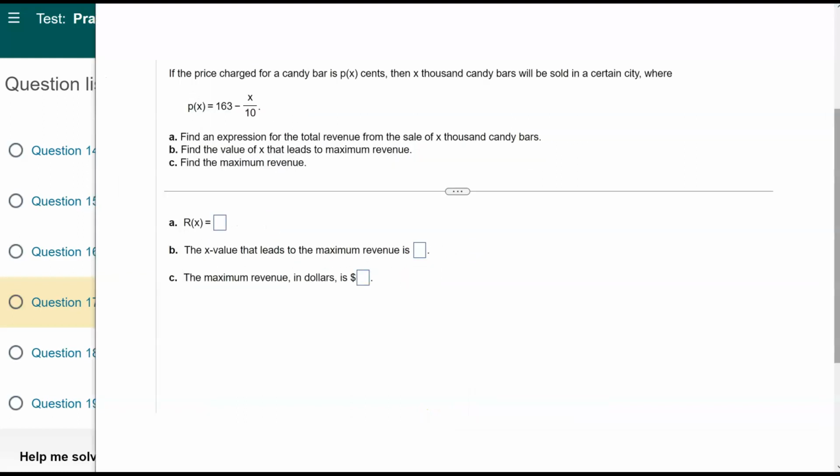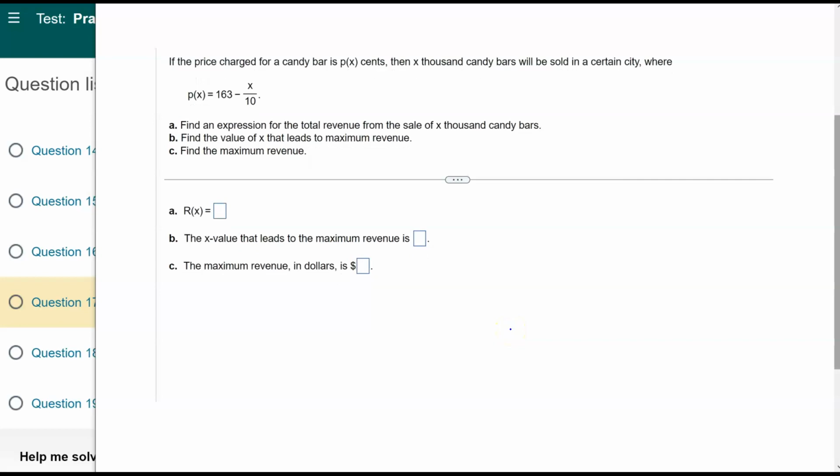First, let us find the revenue function. So the revenue function is obtained by multiplying X thousand candy bars, so X thousand, times P of X. So this is just equal to X times 1,000 times, so X thousand times your P of X, which is 163 minus X over 10. And then simplify this, you have